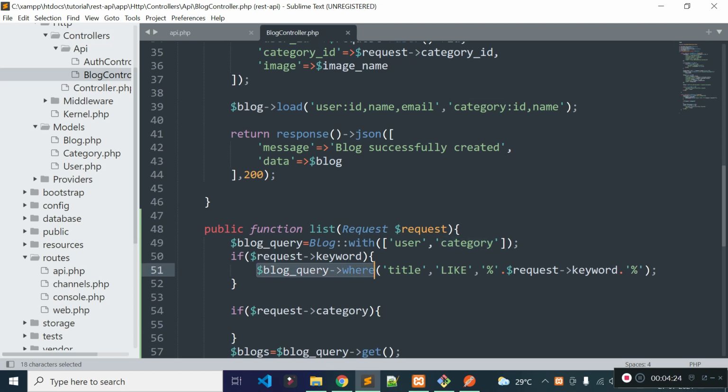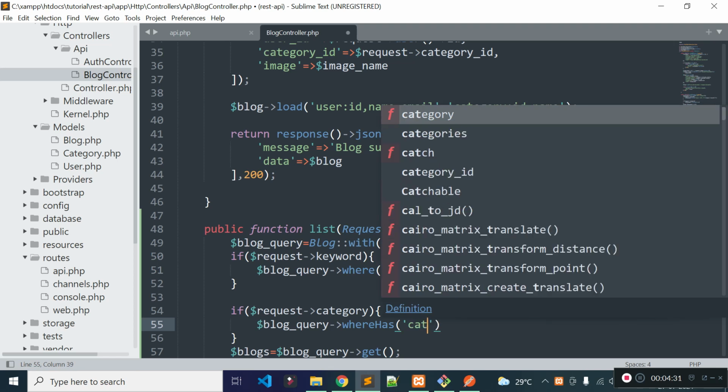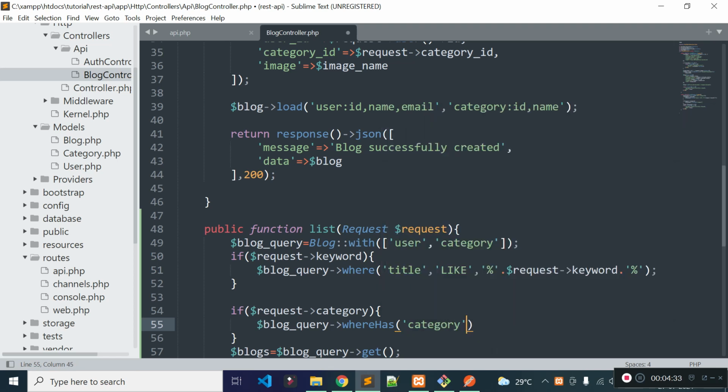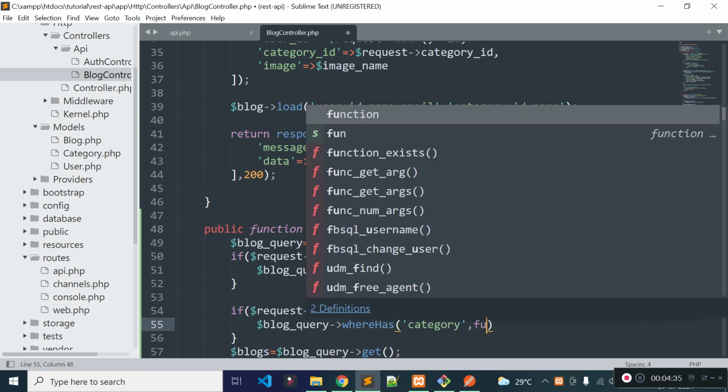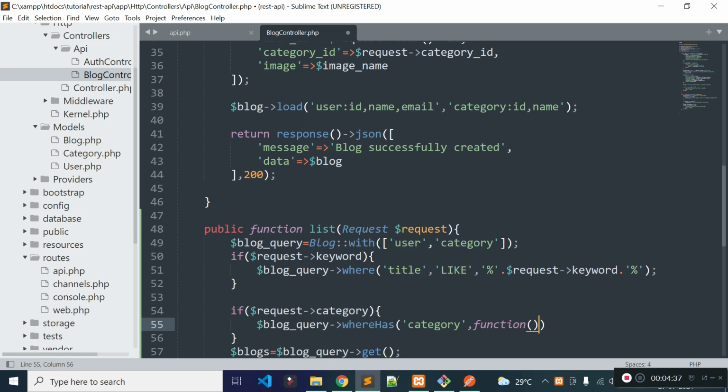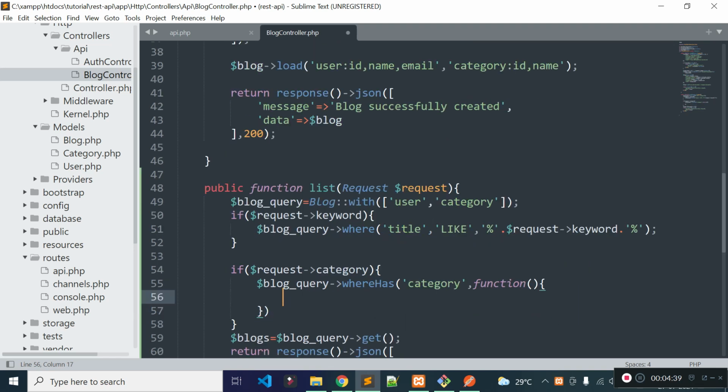So let's write block query whereHas category, and then I need to pass a callback function here, and I am going to use the request object inside this callback.